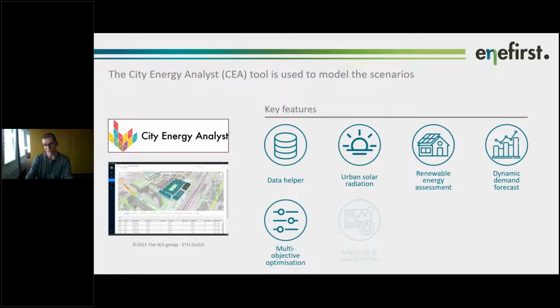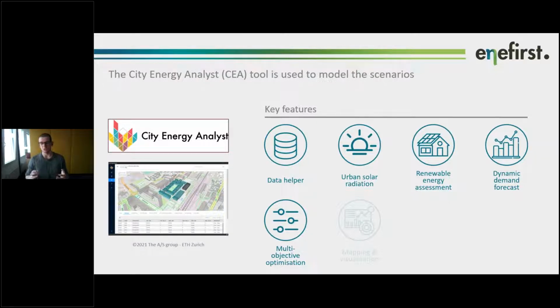Finally, or not finally, almost finally, there's a multi-objective optimization. What does that mean? That is basically, in mathematical terms, a mixed integer and non-linear program. This algorithm configures a local energy system for minimum total costs, for minimal emissions, and primary energy needs. So these are three objectives, if you will.